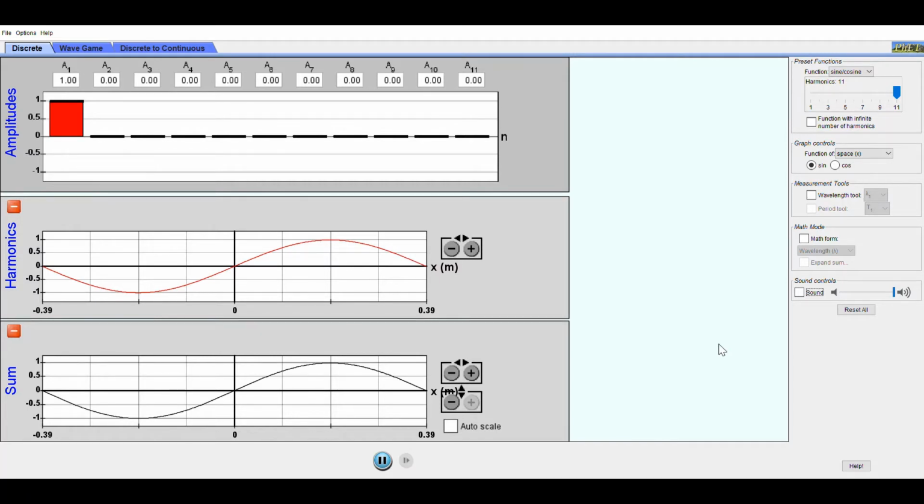This is a sound synthesis tool that's online, and it will play different harmonics of a sound. So for example, let me hit the sound switch here. So what we're hearing here is a single tone right here, and this is the graph shown here. Now I can add the first harmonic, which is twice the frequency, and likewise I can add the next harmonic, which is 3 times the original frequency, and keep adding